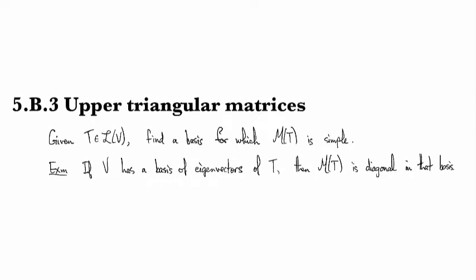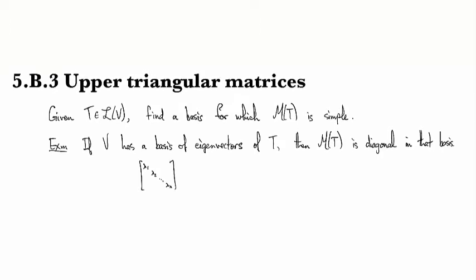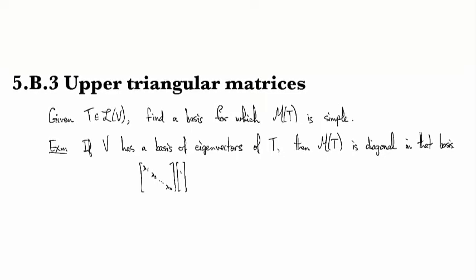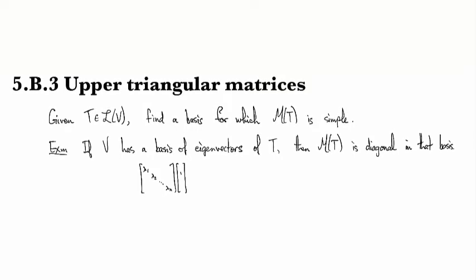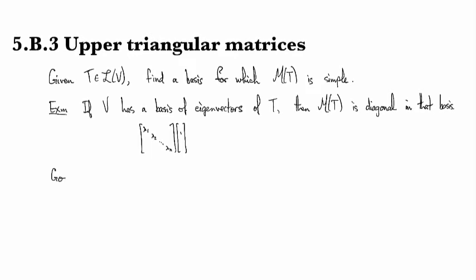Because a diagonal matrix just implements a scaling, right? So when you multiply by a matrix that looks like this, any vector that has a 1 in some coordinate will be scaled by lambda of that coordinate, right? So that's about as simple as you can get. That's more simple than you can expect part of the time, but we can still hope for something nice, which is that